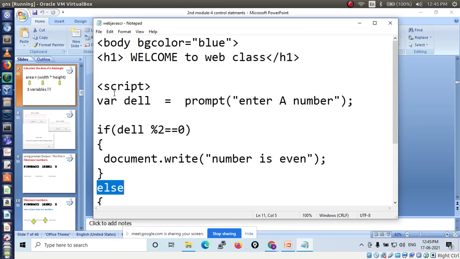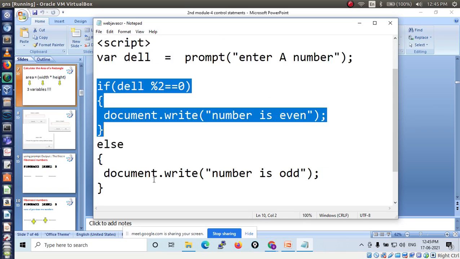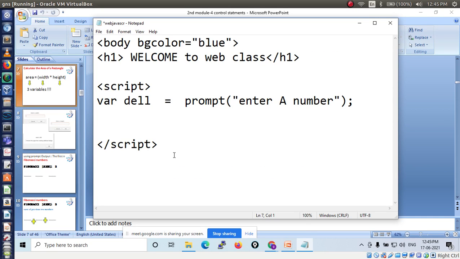So first I'll delete this. Okay, now I need 3 variables, right? So I will take this variable name. Shall I take this variable name del? Are you comfortable with this variable name? Okay, del 1 I will take, variable del 1 enter width. Instead of writing a number I will type enter width, finish. Then I will take another variable del 2